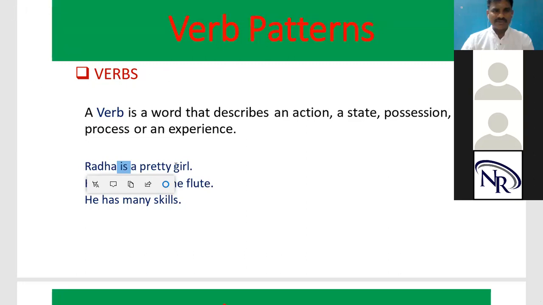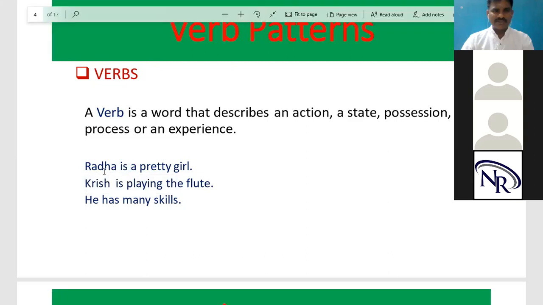You can say, for example, am, is, are. These are all stating verbs. These are also verbs. They are my friends. So here, are is a state verb. They are playing cricket. They are my friends. They are fighting.